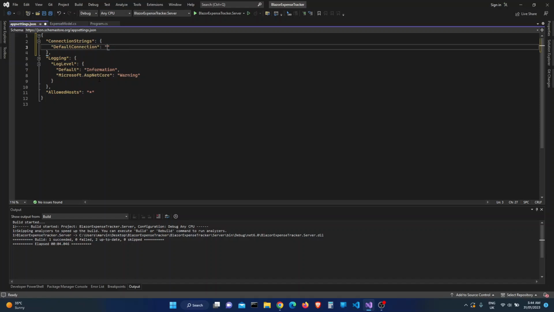So when it comes to the string itself, we have Server is equal to localhost. What you need to know is that this string is different from database to database, but this is the actual string for SQL Express. So we have Server equals localhost\SQLEXPRESS